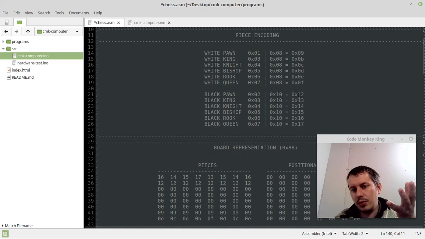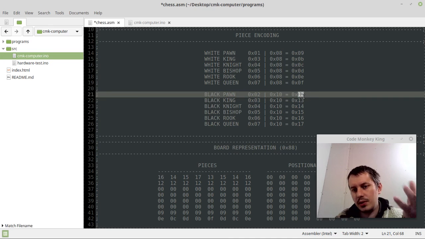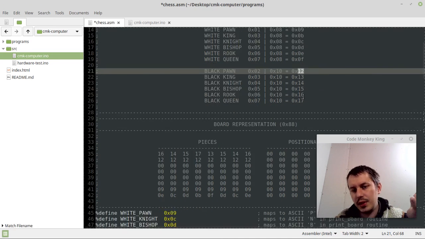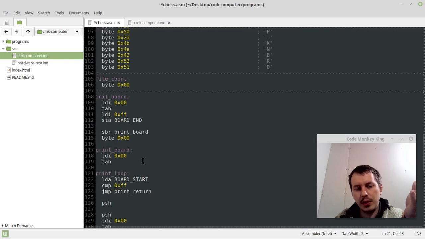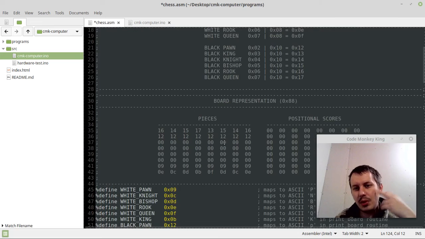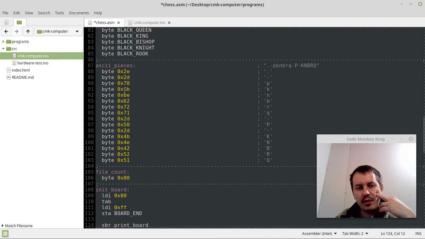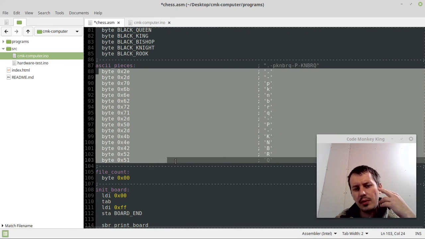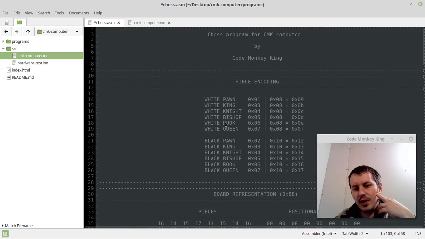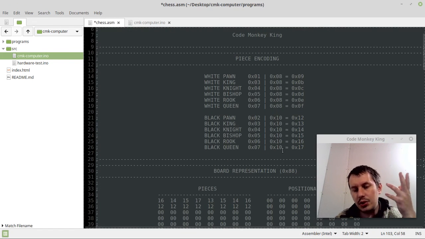So if we try to initialize A with this value and then transfer it to B and use it as an offset to reference the ASCII characters, then we will run somewhere out of range. So it's not an option really. We need to make sure that it's no longer than the length of the ASCII pieces, which is 1, 2, 3, up to 15 or 16, just no longer than this kind of array, and hence the piece type is just a matter of